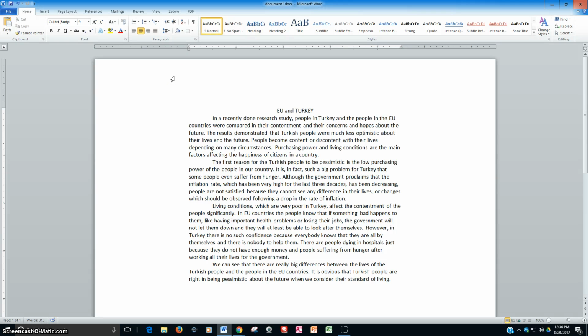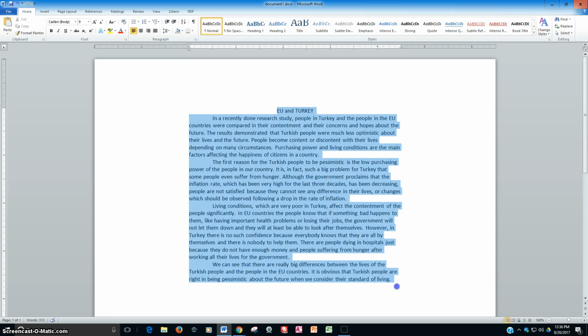So your teacher has specified how you are supposed to format your particular document. So let's take a look at how we do that. One thing the teacher often says is font type. So this is a sample text, so I'm going to highlight the text, and then if I look up here